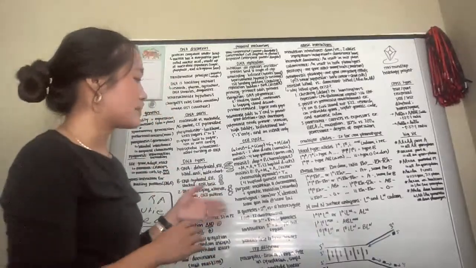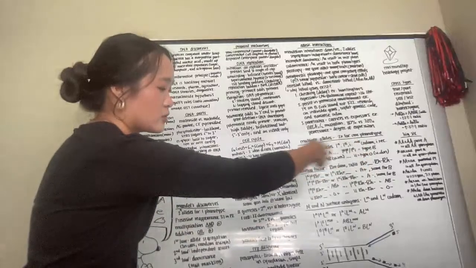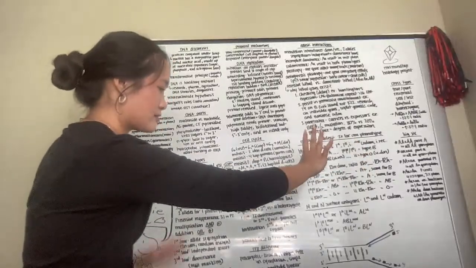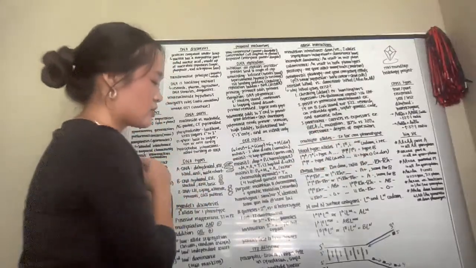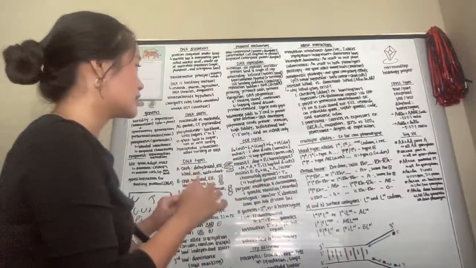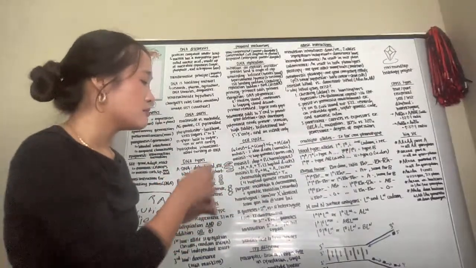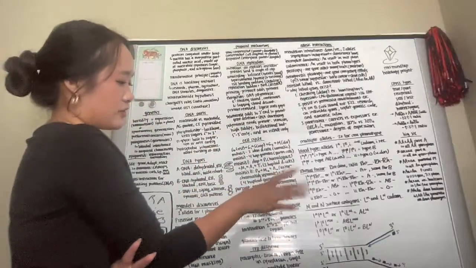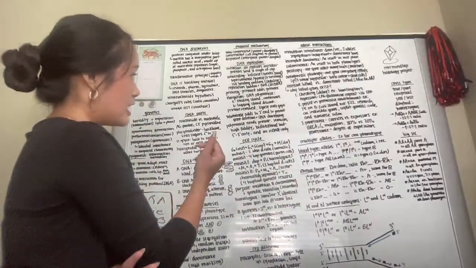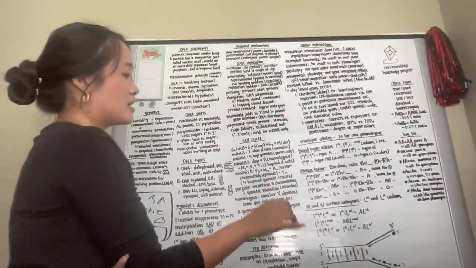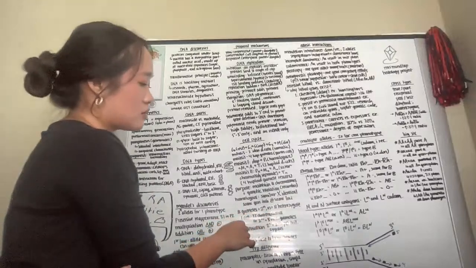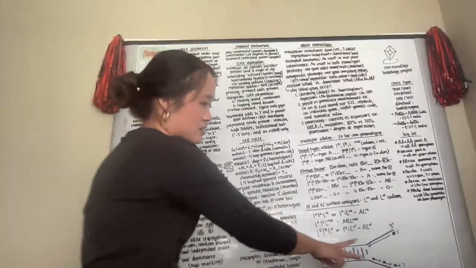So replication is bidirectional, meaning that the leading strand will go this way, from, I guess, right to left, and the lagging strand will go left to right. However, it is only in one direction. So kind of confusing, but it's bidirectional, meaning it goes from right to left and then left to right. However, it only goes in the 5' to 3' direction. So it makes sense because it's opposite.